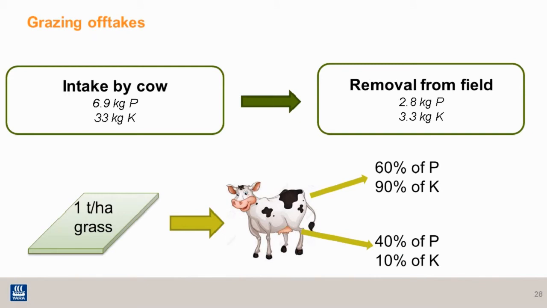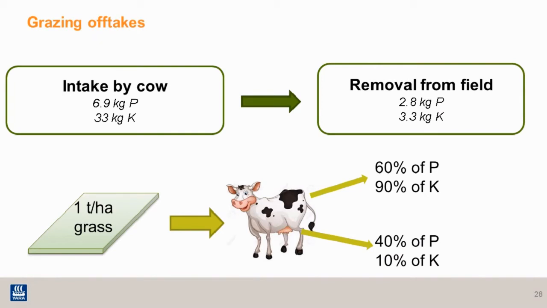If we take 1 ton of grass dry matter that a cow eats, there's 6.9 kgs of phosphate and 33 kgs of potassium in that ton of dry matter. I might add that all my P and K figures here are in P2O5 and K2O, so they're not elemental P and K. So if the cow eats a ton of grass dry matter, that's how much P and K